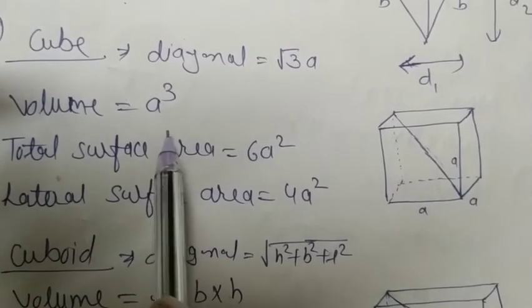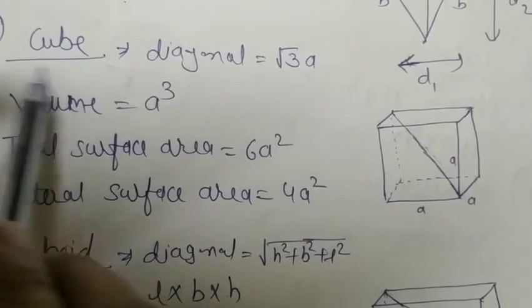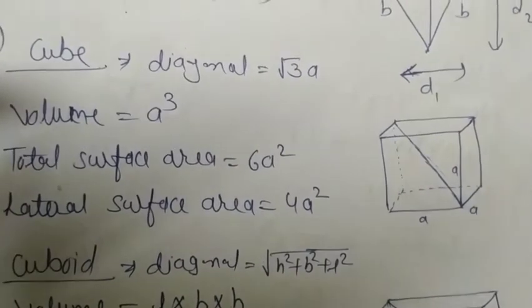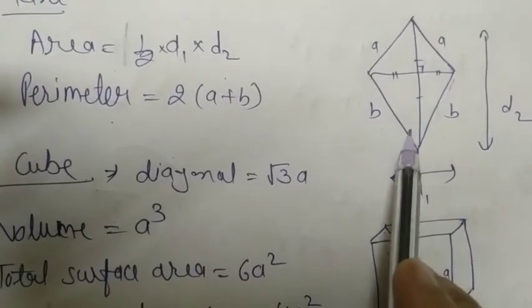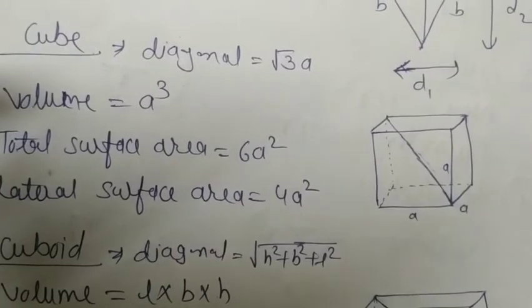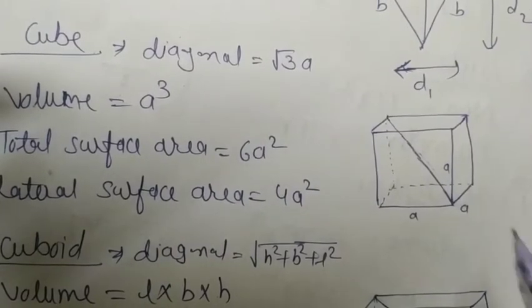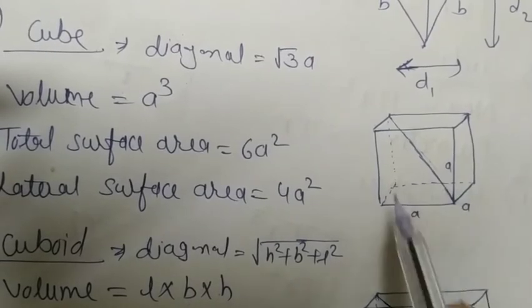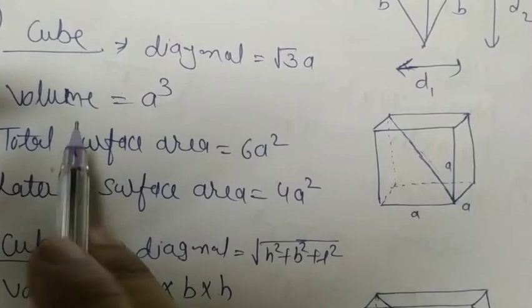Cube. This is a 3D figure. Cube is now a 3D figure. Remember that in the 2D figures, we can only find the perimeter and the area. But in the 3D figure, since we have some volume, it could be filled with some solids. So, it will contain some volume.